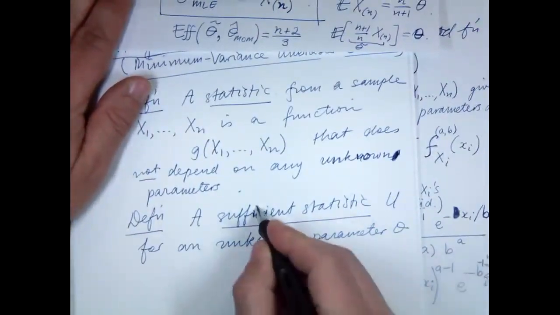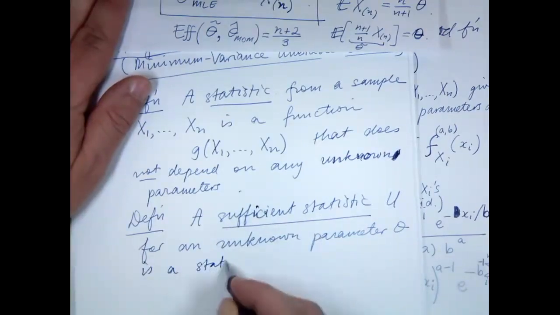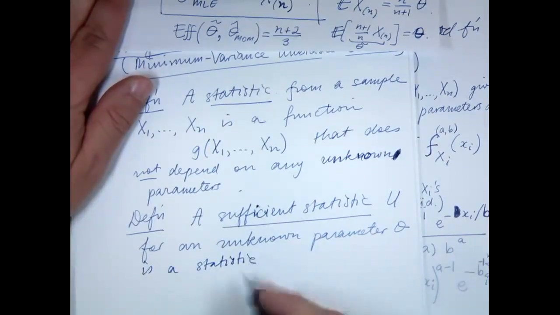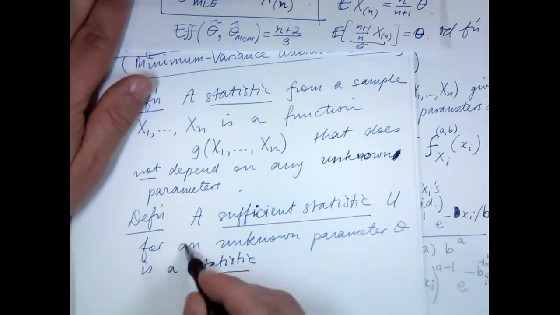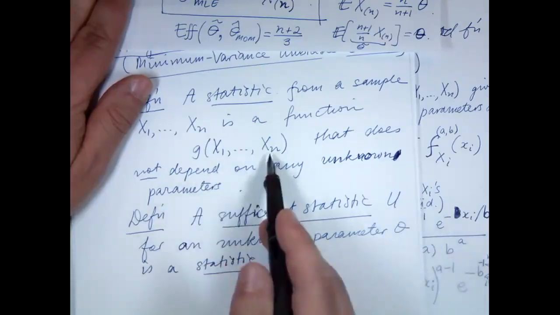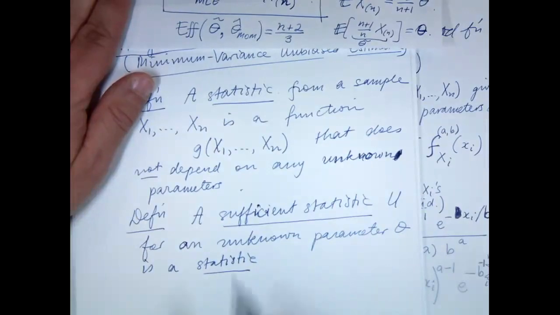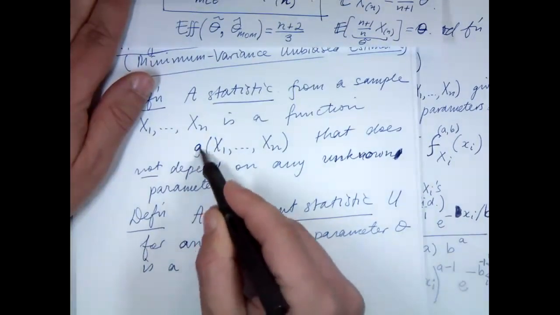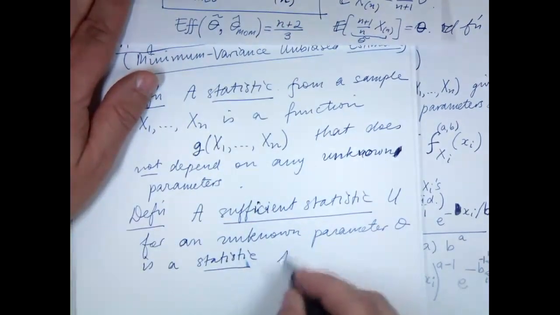So a sufficient statistic is a statistic, so referring back to the previous definition, in other words, you can't actually know what theta is. It just has to be something based on the observations that is your best guess at, well, it contains all the information you need to find out about theta, such that